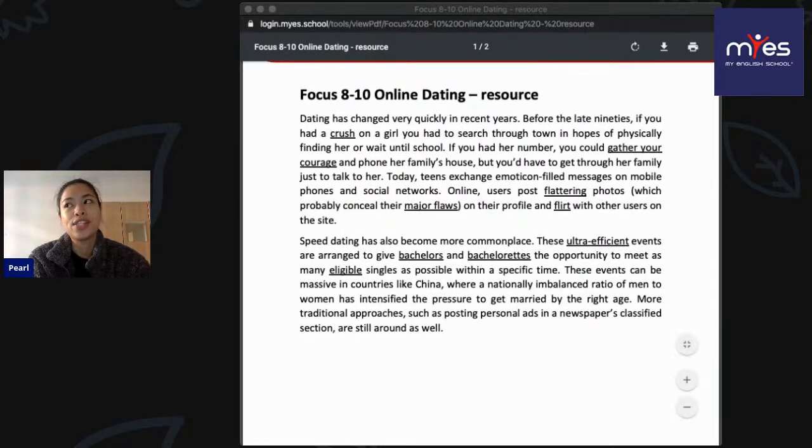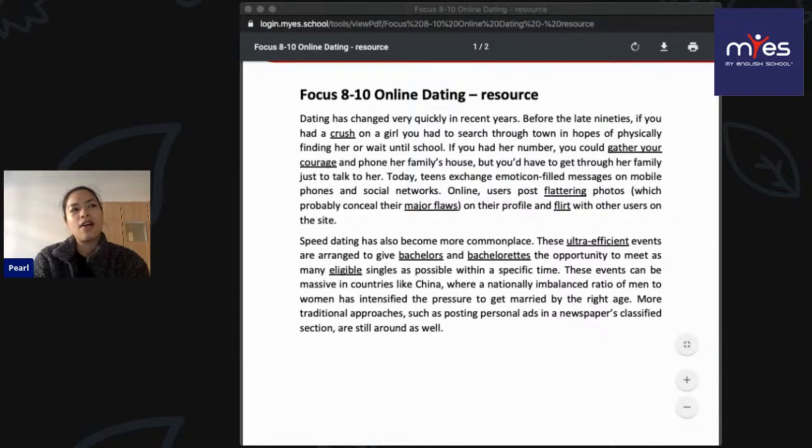When I was a child, I'm going to expose my age here, we didn't have phones and text messaging like cell phones. So if we had to call someone, we had to call their house phone and ask whoever answered the phone, like their mom or their dad, if we could speak to someone. So if you like someone, I guess you had to go through many barriers. And if you had to physically find a person, I think that's very strange now.